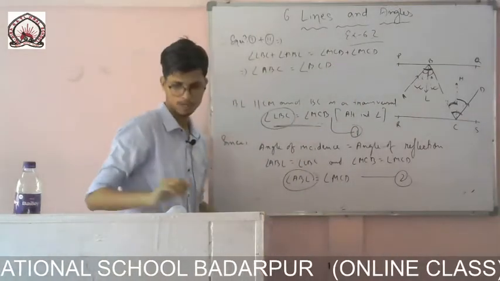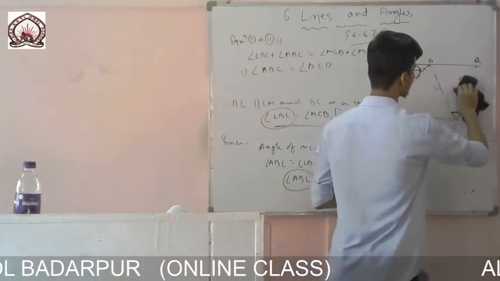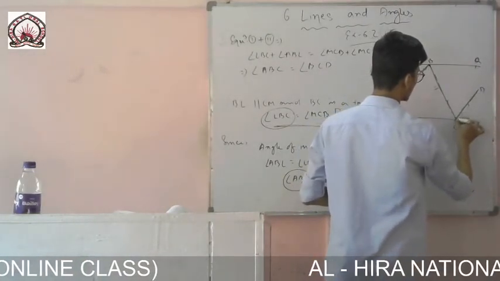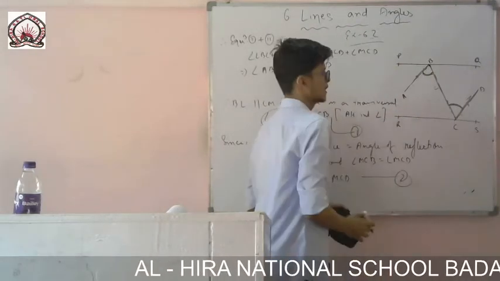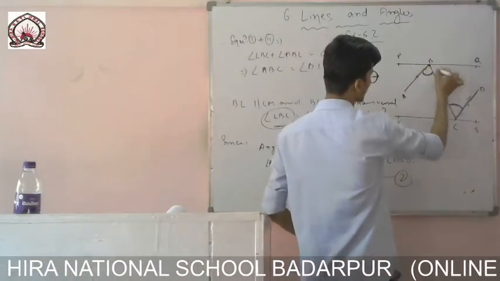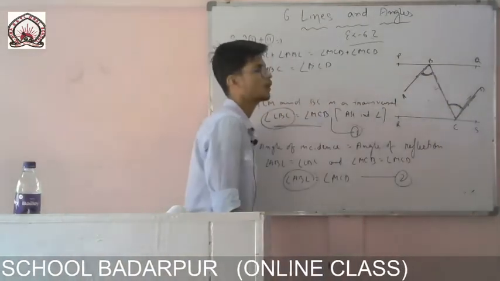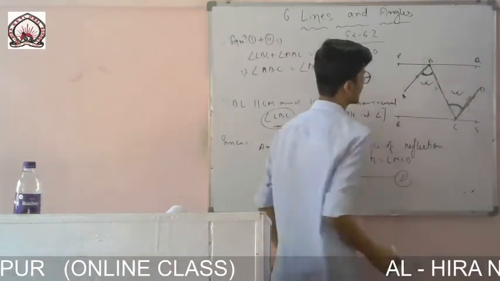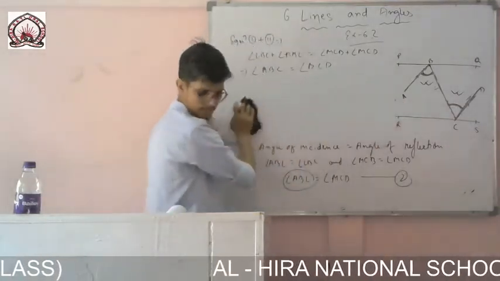Now you see what we have got after solving so many things. I am erasing this so that I can make it clear to you. This was our initial diagram. Now we have proved that this angle is equal to this angle. That means if I take this one as a parallel line AB and this one as another parallel line, these two angles will be alternate angles. If the alternate angles are equal, we have proved here ABC is equal to this angle, then we can say that these two lines are parallel.